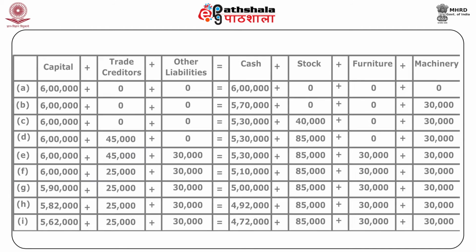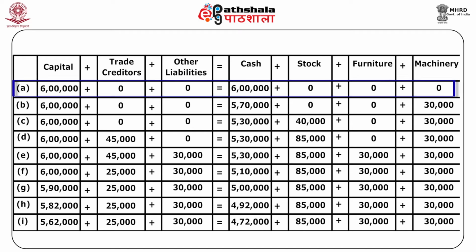Now let's come to the solution part. First transaction, 6 lakh plus 0 liabilities will give you cash of 6 lakh only. 6 lakh of capital will give you cash equal to 5,70,000 plus machinery of 30,000. On C part, 6 lakh of capital will give you cash of 5,30,000 plus stock of 40,000 plus machinery of